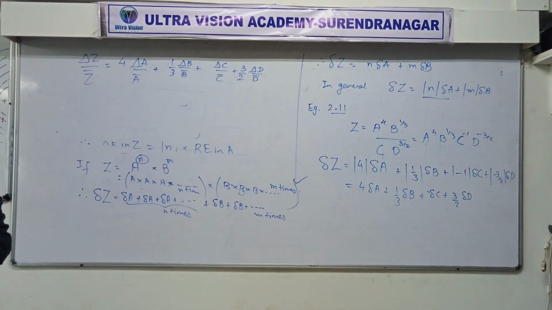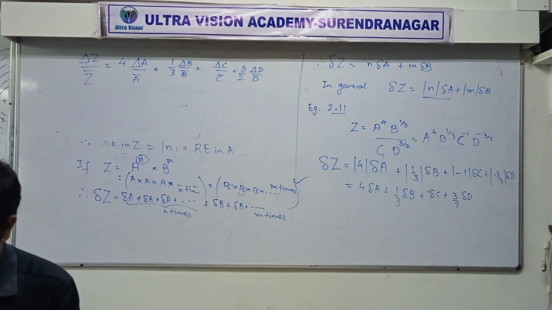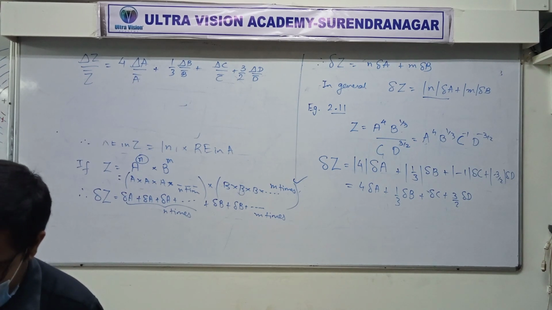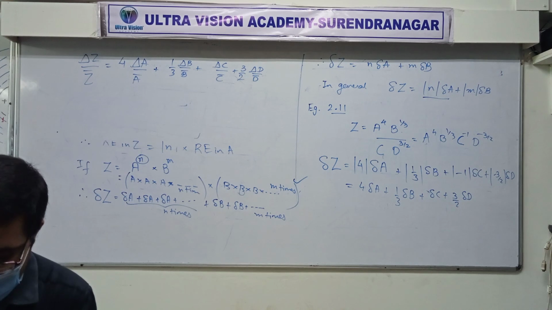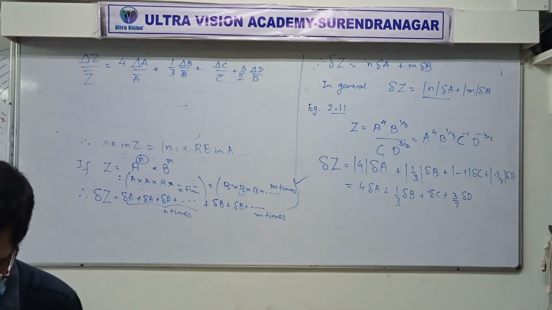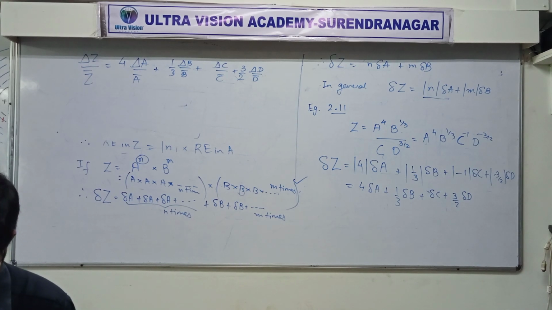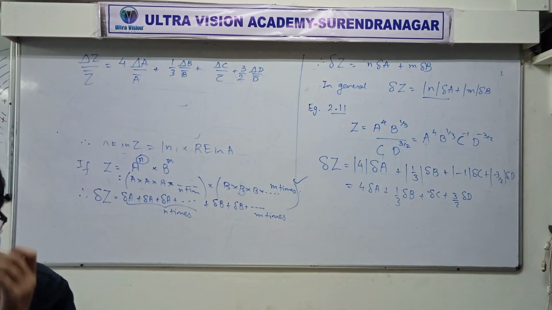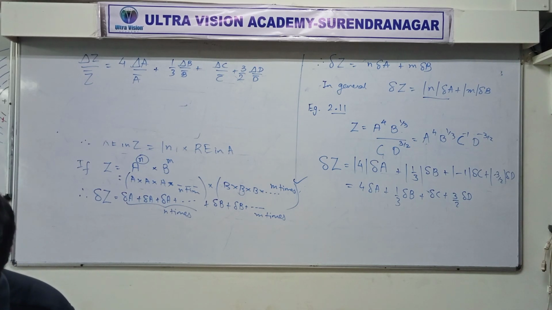Alright. Any questions, anyone? Okay. Now go to the exercise. There is a similar question that you have to do for homework. Number 13. From the exercise, question 13. Square root means how much power? 1 by 2, half power. Okay or not? Square root means half power. Okay, so use that.